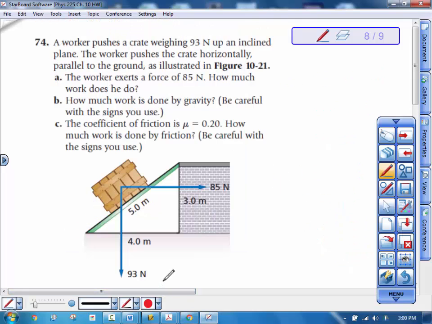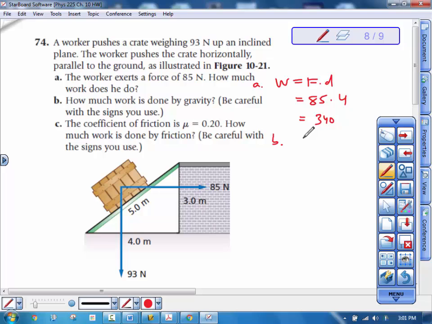Okay, the next problem here says a worker pushes a crate that weighs 93 newtons. The worker pushes horizontally, parallel to the ground. The worker exerts a force of 85 newtons. How much work does he do? Well, work equals force times distance. That one's pretty easy. That's just 85 newtons times the distance that it moves, which is 4. That would be 340. And then for B,